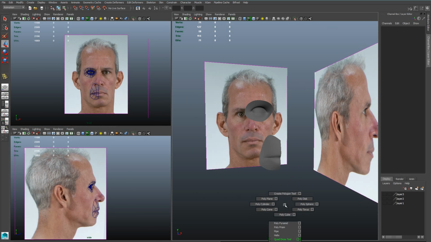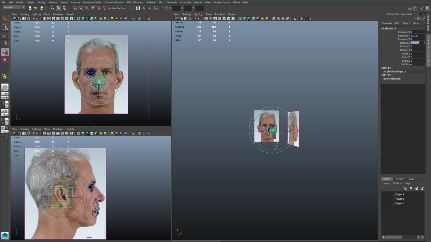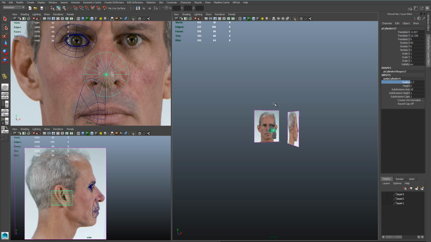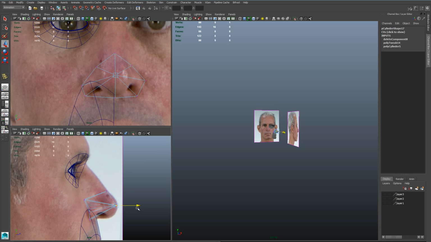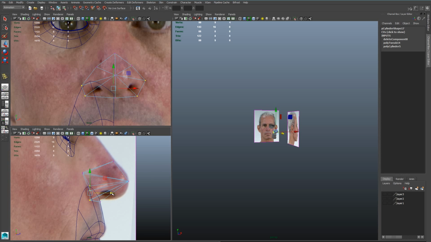And now for the nose, I'll make another cylinder. I'll tilt it up same way I did before. This one is going to have 8 subdivision axes. And I'm going to place it around the nose in the front view. And we want to make sure that it matches up to the outside edge of the nostril and the very bottom of the nose. And then I'll pull this middle set of rows forward, and I'm starting to create the